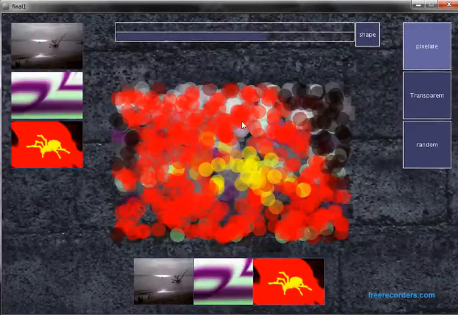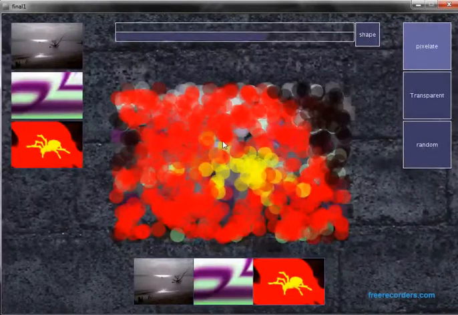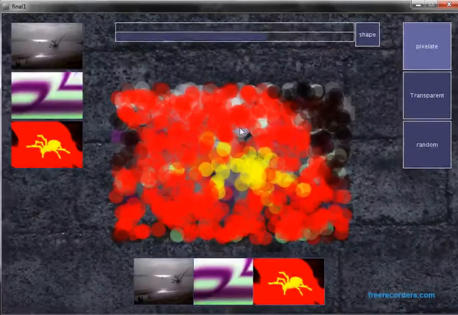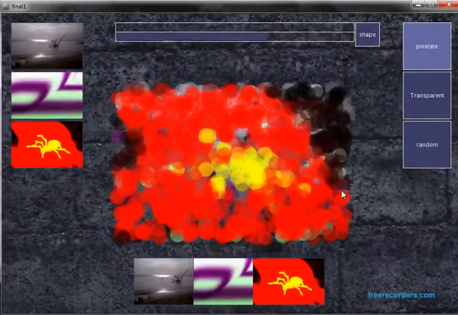But because of length, I don't want the video to be too long. I'm not going to let it do the entire pixelation. So yeah, and to stop it, click the image and pixelate. Alright, now there's also transparent,